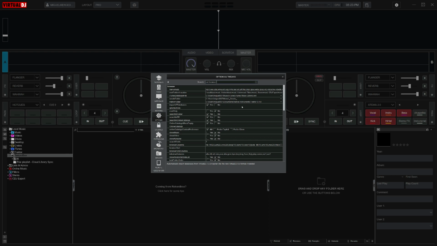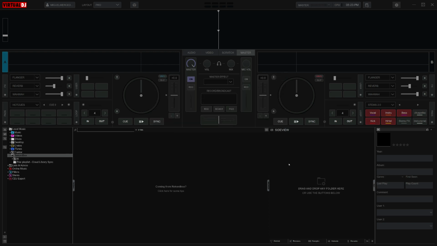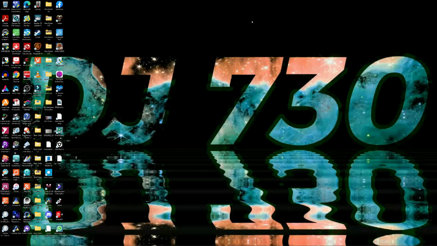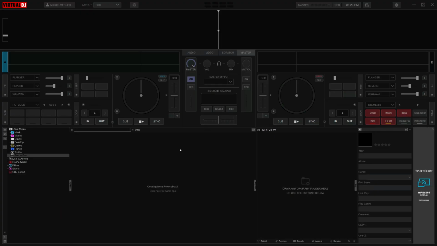Now, what I'm trying to do, so you could be informed, is to merge everything under one software. Virtual DJ is gonna cost $300, I think a little bit more with tax. I don't remember if they put tax on that, but if I buy Virtual DJ, it's a one-time payment. Plus,